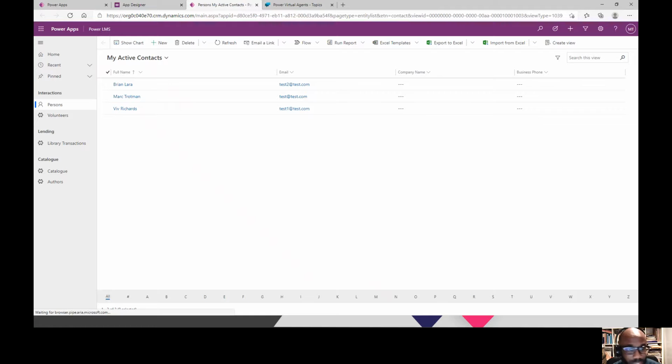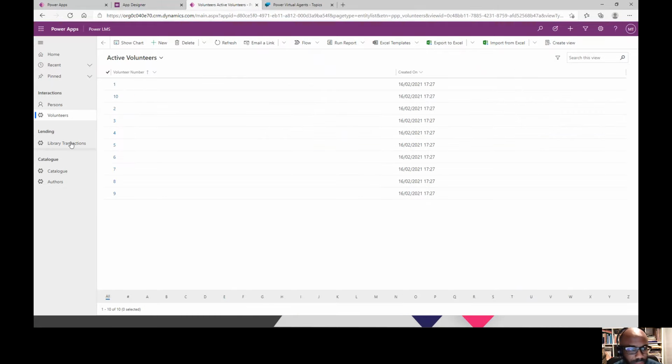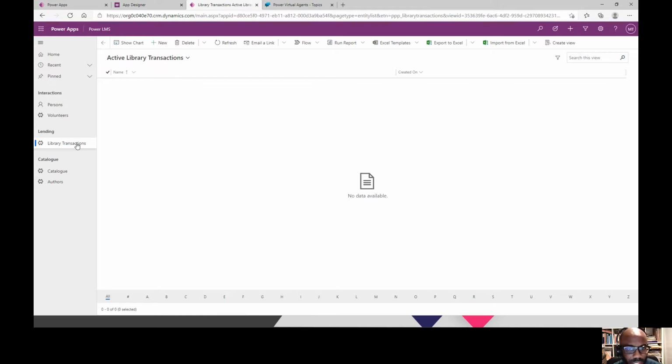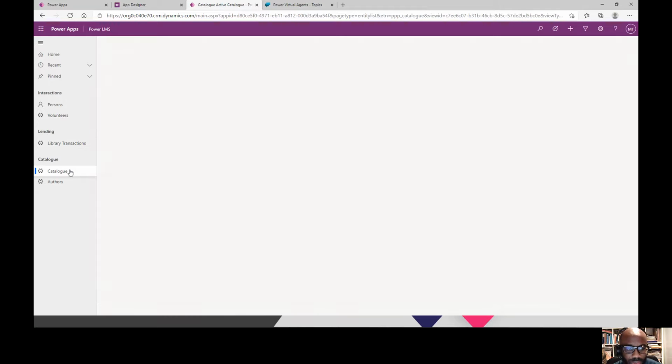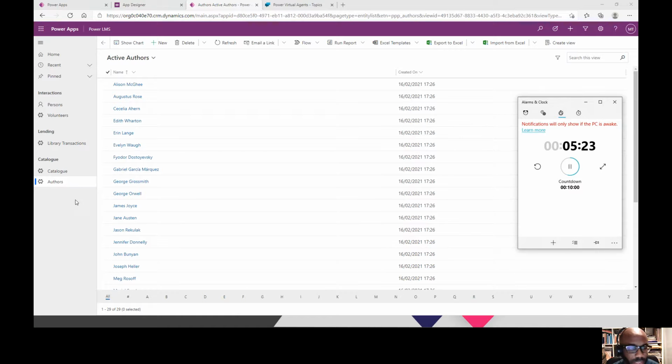Voila. We have a model-driven app, which is showing us the person information, any volunteers, library transactions, catalog information, and authors. So we've been able to do that in about 5 minutes. Let's just try and add a bit more